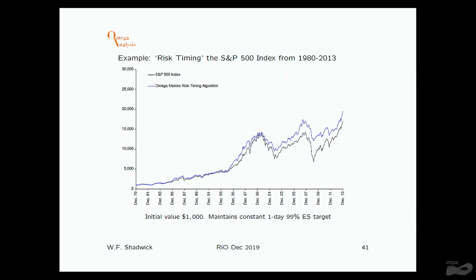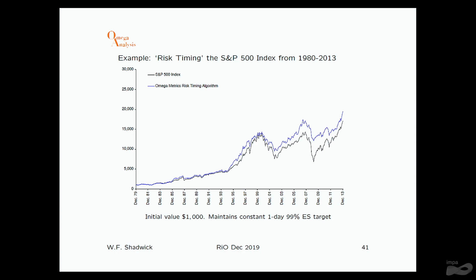And these things, for example, this is what we call risk timing. We're measuring the 100-day value at risk and the expected shortfall, the average loss beyond that. We're targeting a level. Say every time the ES gets bigger than that level, we're going to reduce our position. When it gets smaller than that, we'll put our position up a bit. And that's what we've done here for